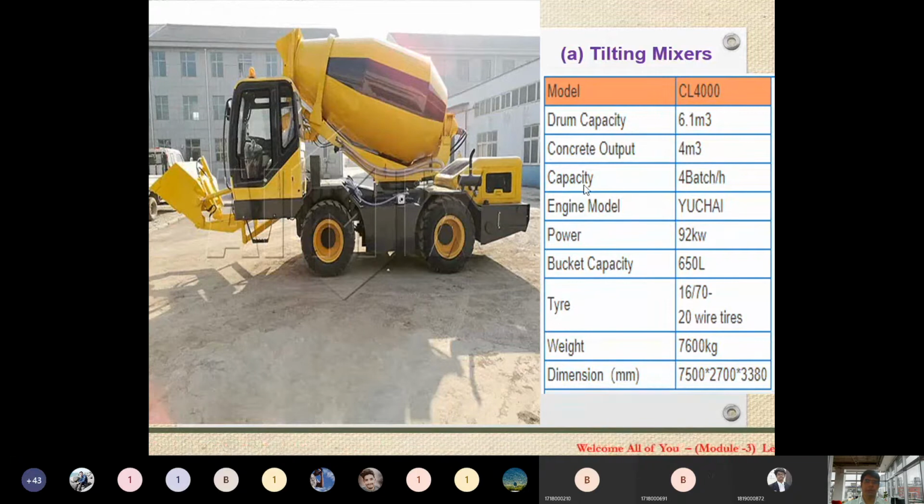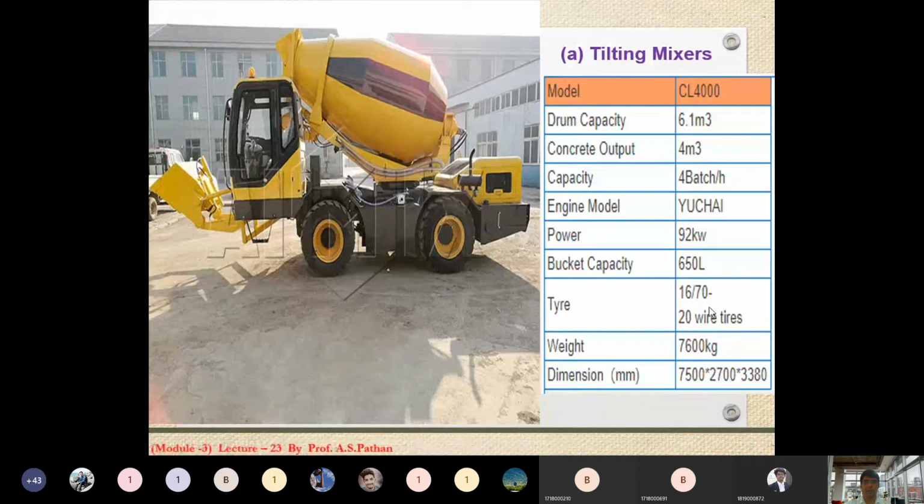The capacity of this type of tilting mixer is 4 batch per hour. So in 1 hour, how much can you produce? 4 batch. The power required is 92 kilowatt, and the capacity of the bucket is 650 liter,